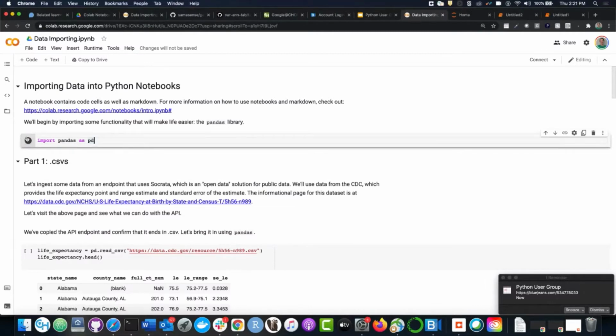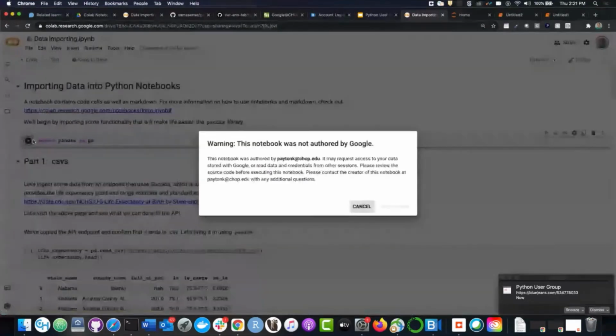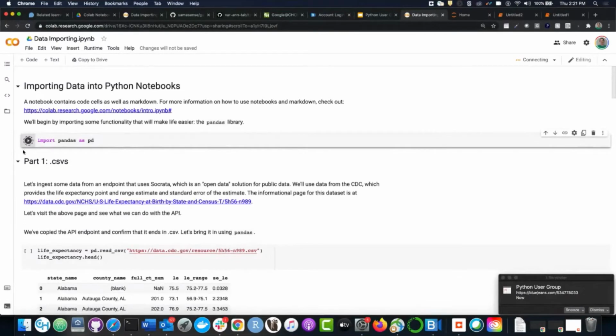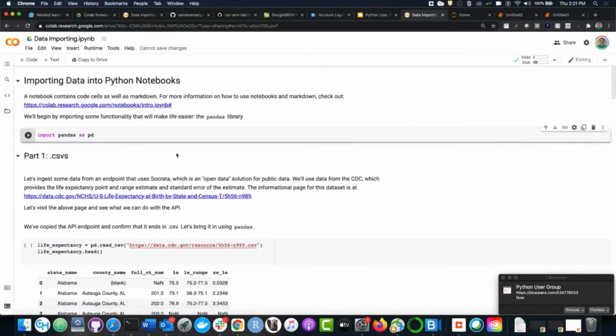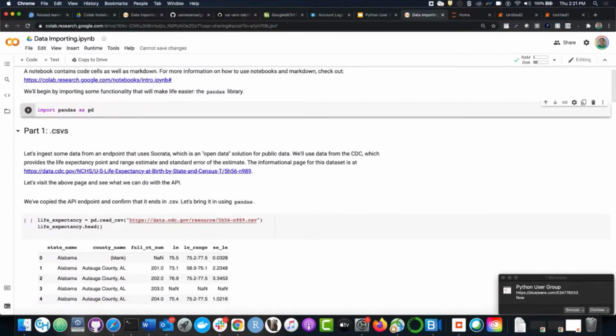And then we have code cells like this one, and you can see the code cell has a play button, and in this case we're going to import pandas. I'm trustworthy. So you can see it's running, all right, and now it's run. Now in this case, this cell has no output, and that is as expected.